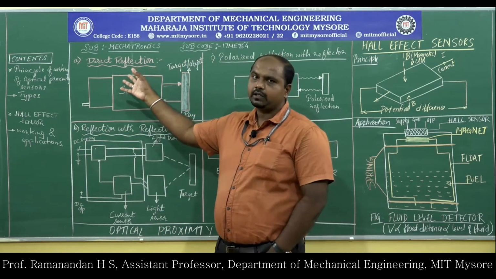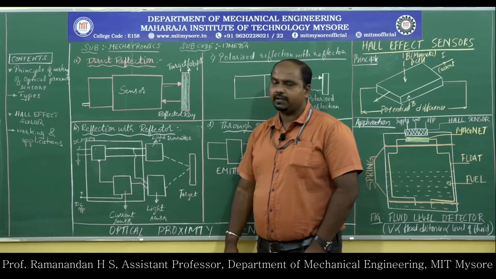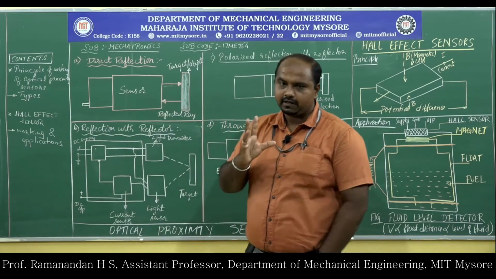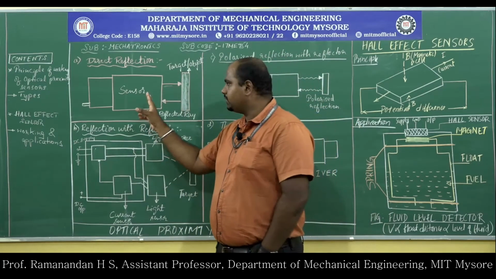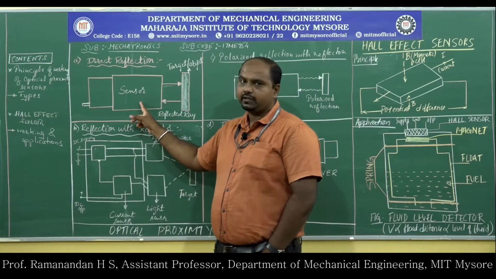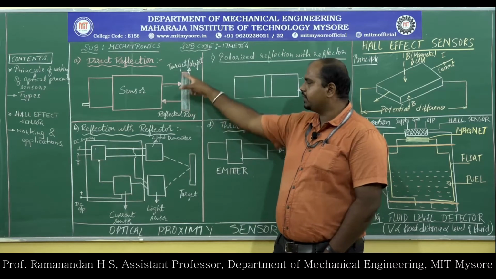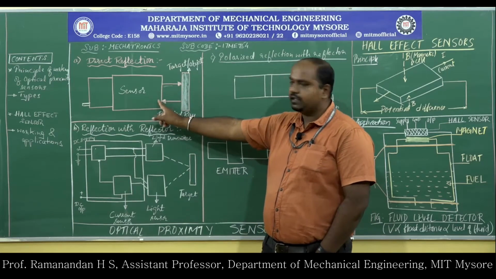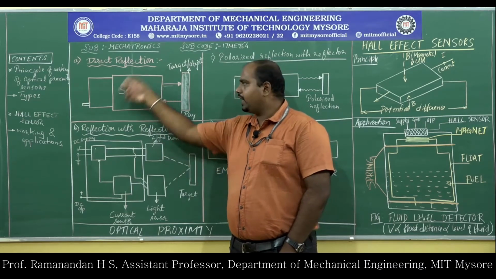We will start with the simplest one, the reflection of light based type of optical proximity sensor, that is direct reflection. You can see here this is a sensor body, where the sensor consists of a light emitting source and a light receiving source. Both are housed together at one point. The incident light hits the target object, and the same light ray is reflected back to the receiver mounted on the same housing body of the entire sensor setup.